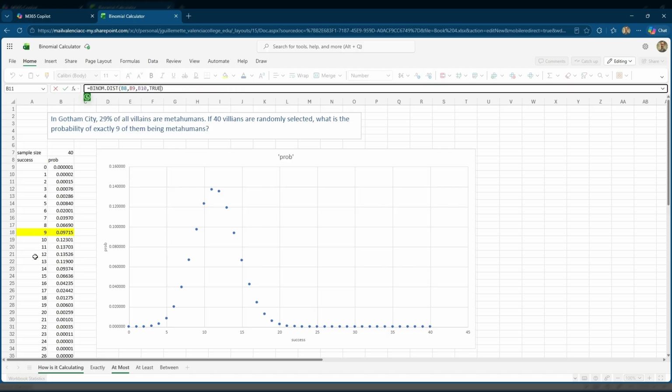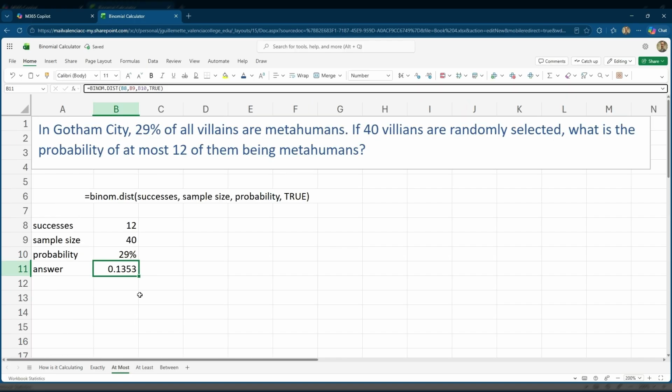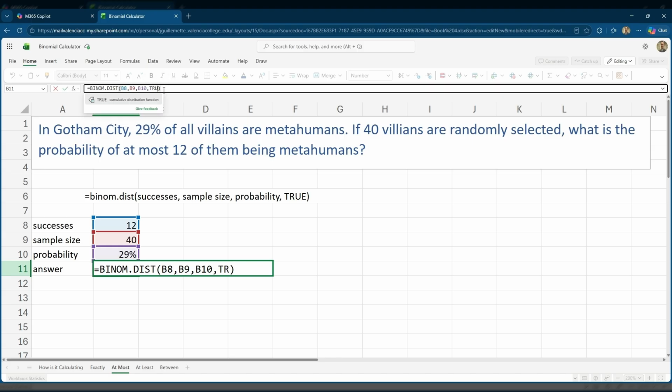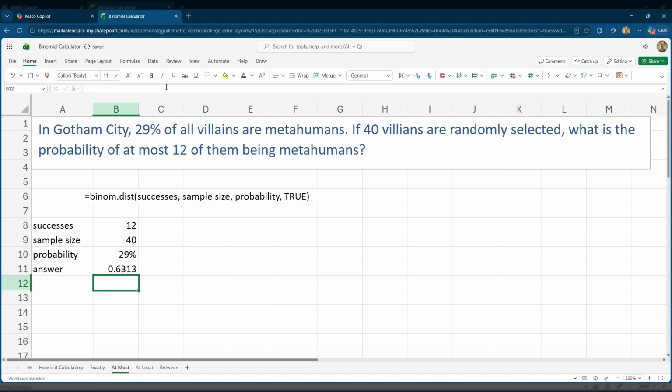Okay, that 13% is coming from right there. So I don't want that. Let's change this to false. And if I change it to false, then it becomes the cumulative. Oh, we want to change it to true. I'm sorry, I didn't realize that. I want to change it to true, right? I want it to match there. I'm going to hit enter, and there it is. It is the 63